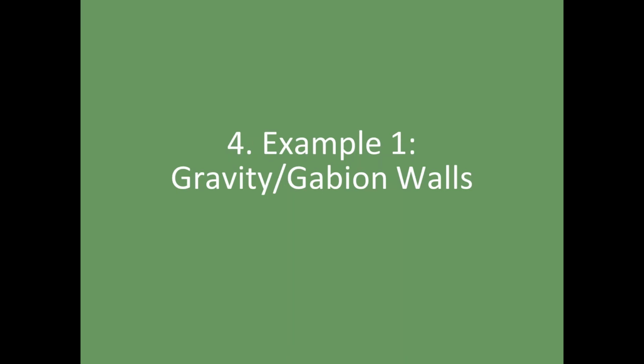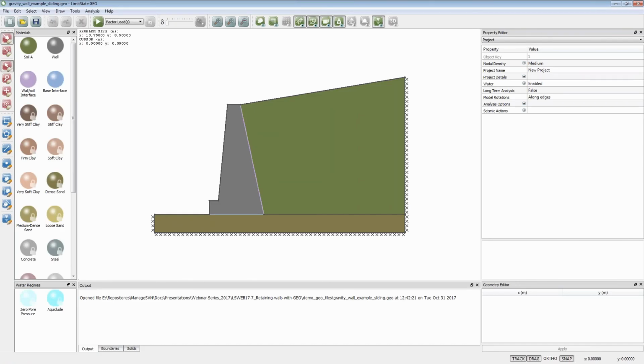Okay, so that's a little bit of background about the analysis method and the verification. Now I'm going to look at some examples, see how the software actually works. So if I just bring up the relevant file. Okay, so I've pre-prepared a gravity wall problem here. So this is the window